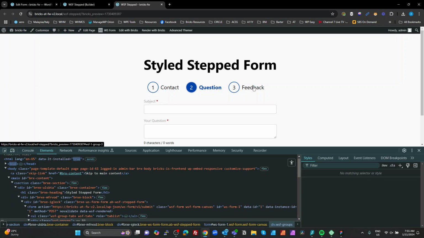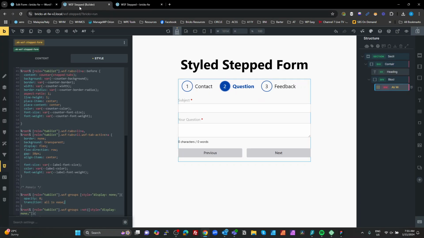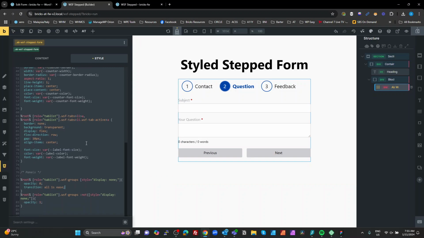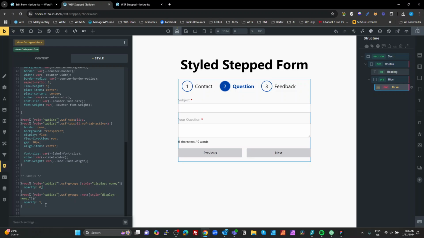it makes no difference. So for whatever reason with the CSS spec, when you use a transition, it does not work when you're going from display none to display whatever. So instead of that, we're going to have to use an animation. So I'm going to take that out, and I'm going to take that out. I'm going to put an animation